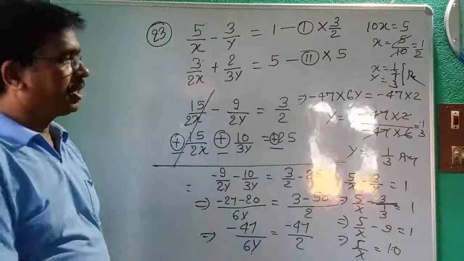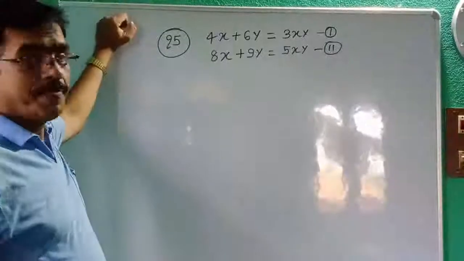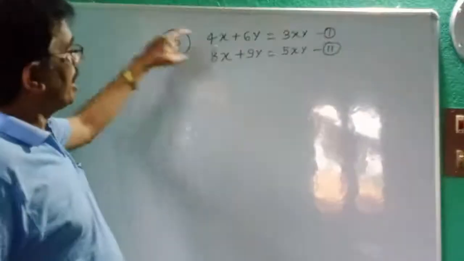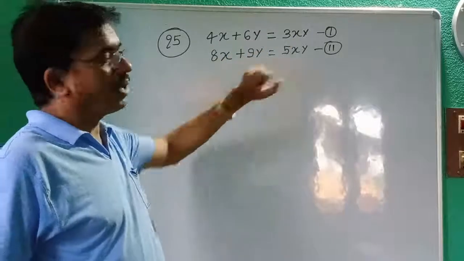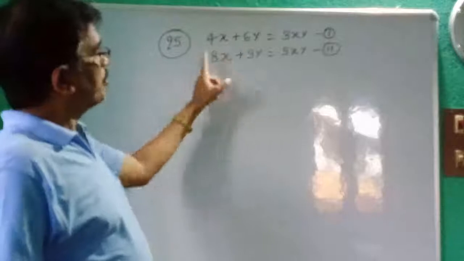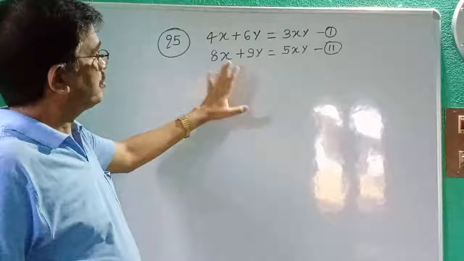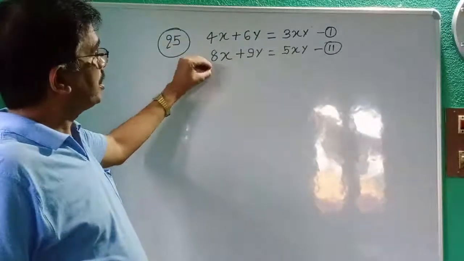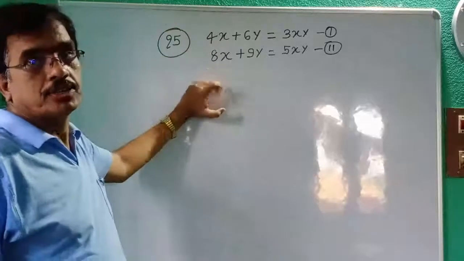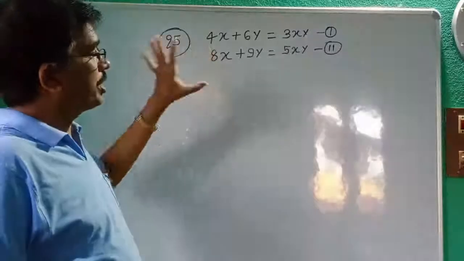So by the elimination method you can solve this question easily. Now see, that is question number 25. Here is 4x plus 6y is equal to 3xy, 8x plus 9y is equal to 5xy. Dear student, here on both sides x and y are given. In these questions, 0 satisfies the whole equations. So one answer, 0, is compulsory, it is a solution of these two equations. So one answer is x is equal to 0 and y is equal to 0, you can write, that satisfies the equation. Now how can we find the other solution?